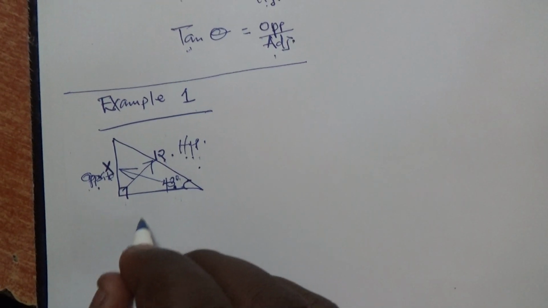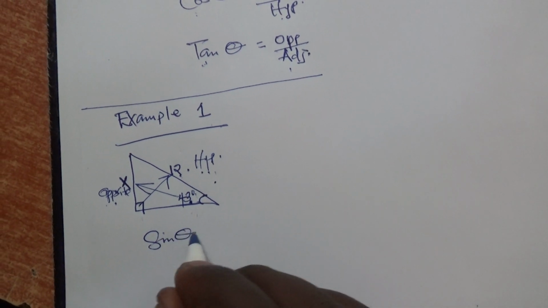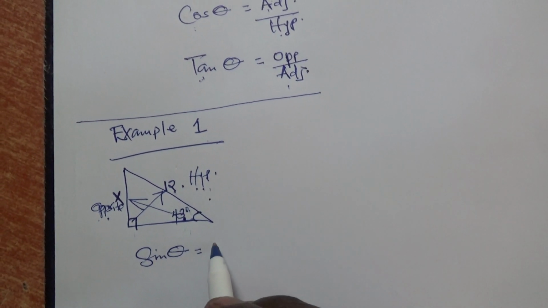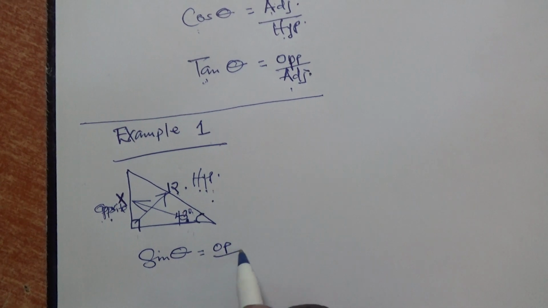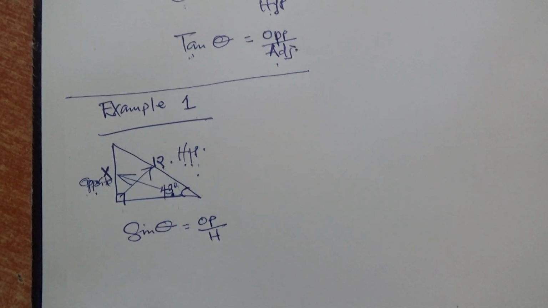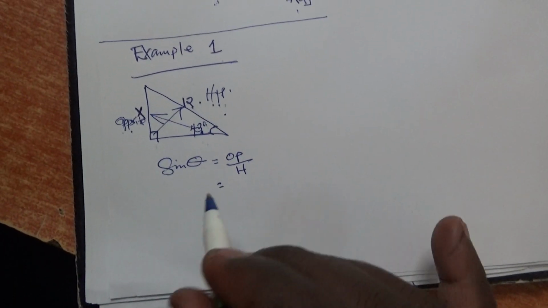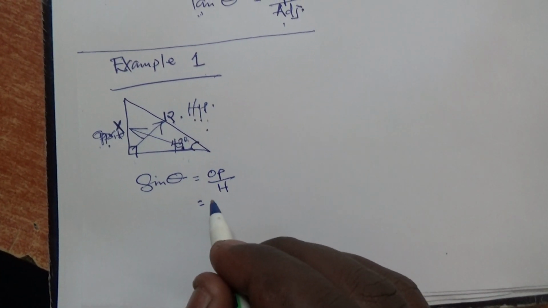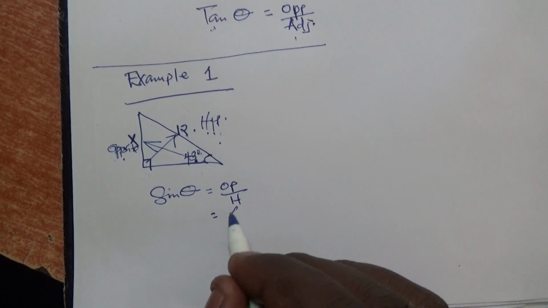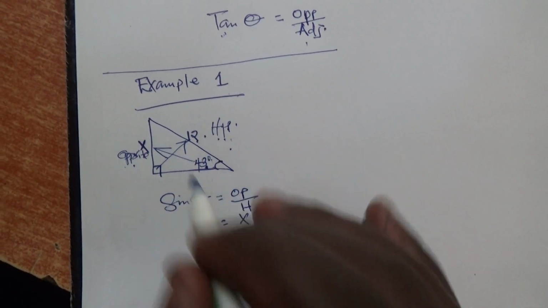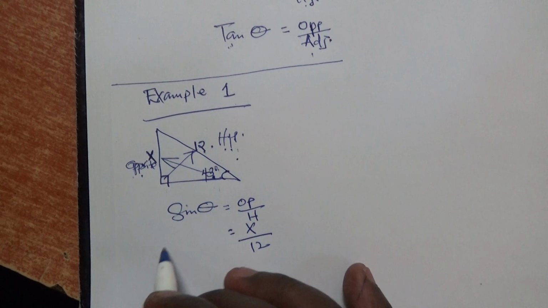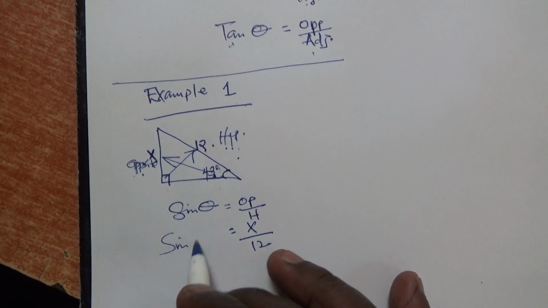So sine theta is equivalent to the opposite over hypotenuse, which is going to be what? The opposite is x, the hypotenuse is 12, and this is going to be sin